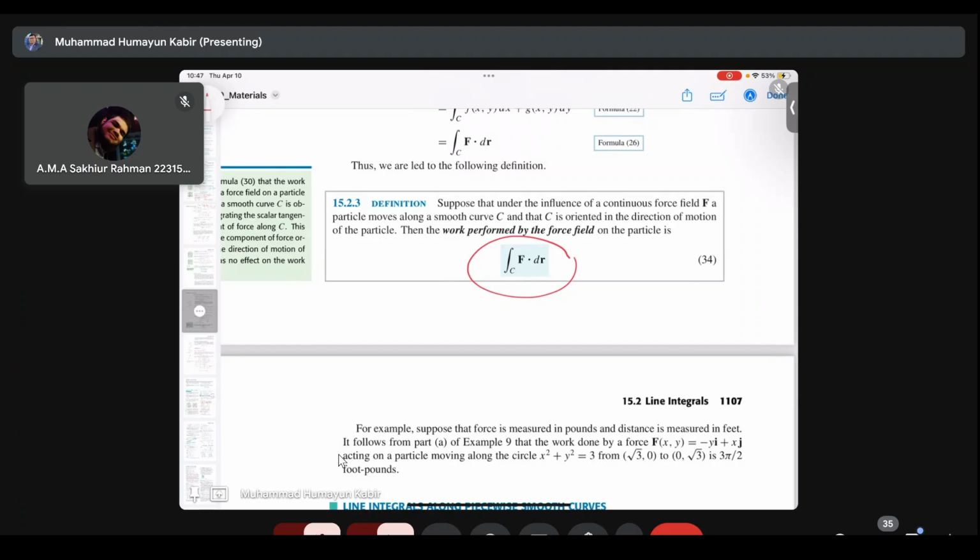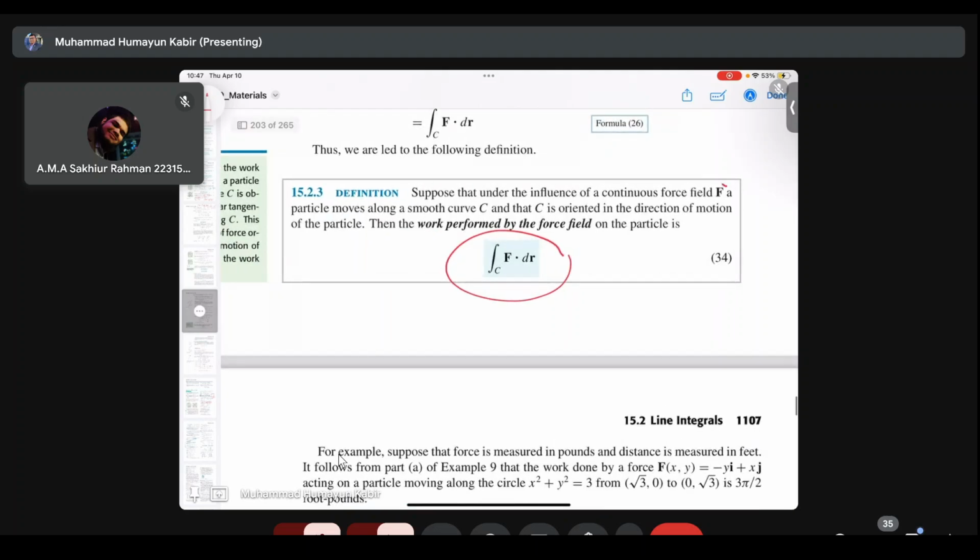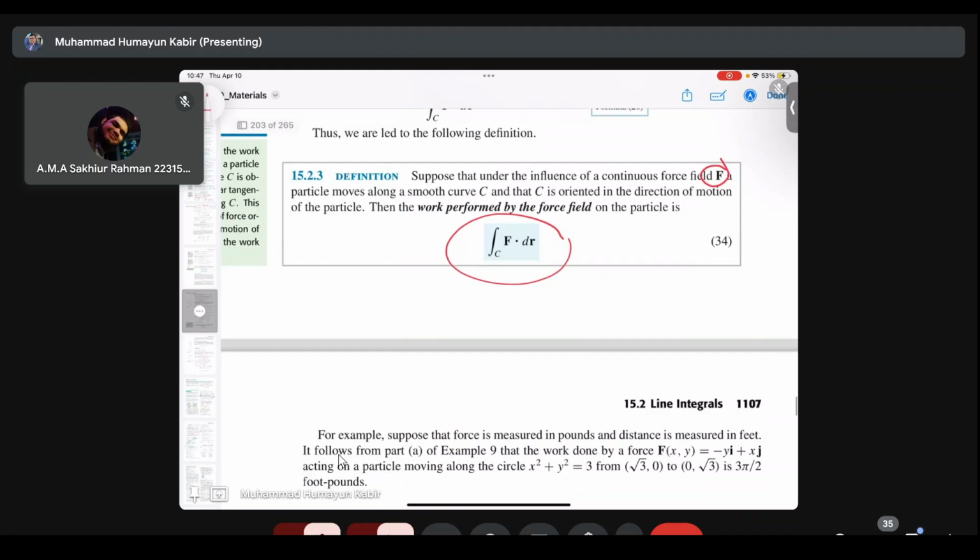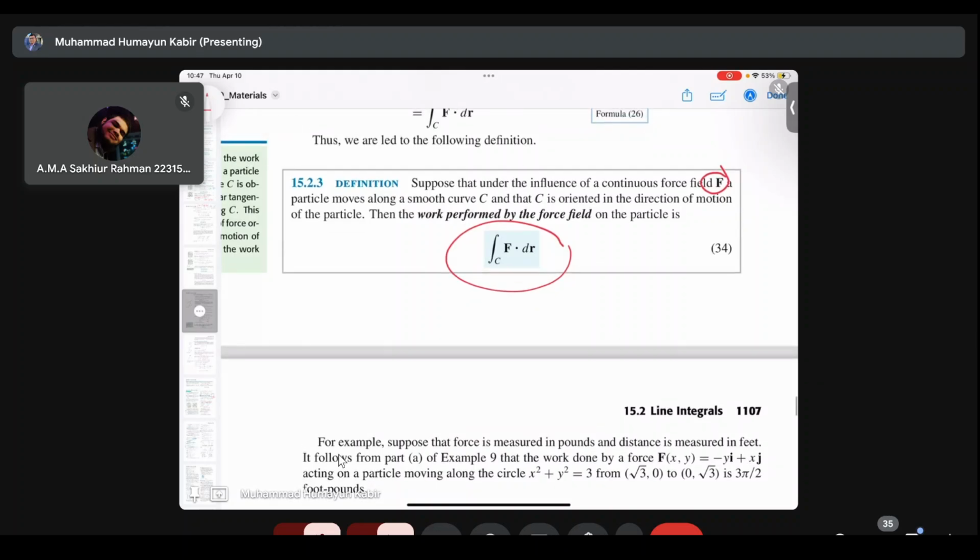Look at here. Suppose that under the influence of a continuous force field F, a particle moves along a smooth curve C, and that C is oriented in the direction of motion of the particle, then the work performed by the force field on the particle is